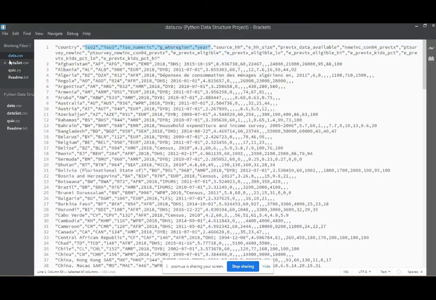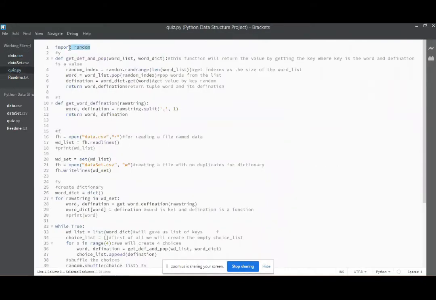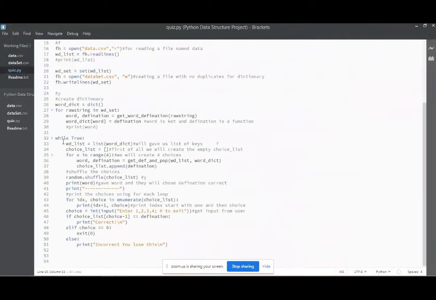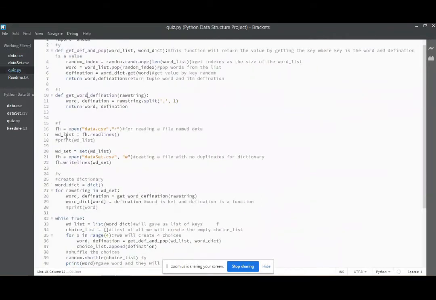It will choose randomly from these values. If we look into the coding, first of all we have created some functions, and in this part we have opened our data CSV file and read this file using the open function of Python,